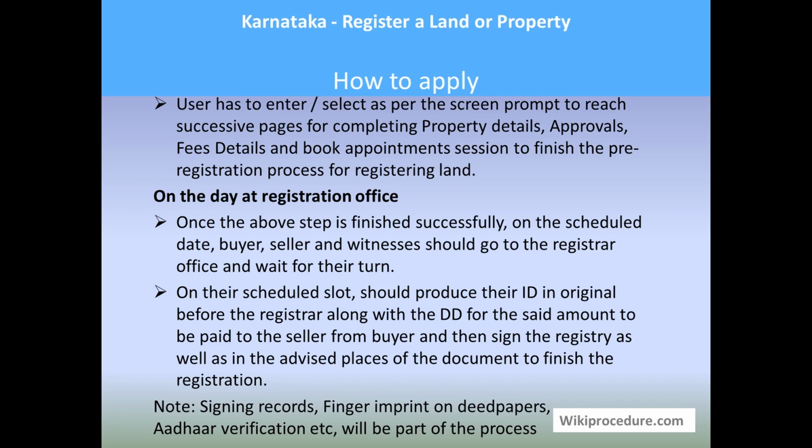Your original ID proof, witness ID proof and the seller's ID proof will all be checked by the registrar in person, and there will be a registry which the people have to sign before the registrar. The DD has to be handed over to the respective seller, and you will be asked to give the thumb impression and also countersign the documents. All these will be taken care of by the